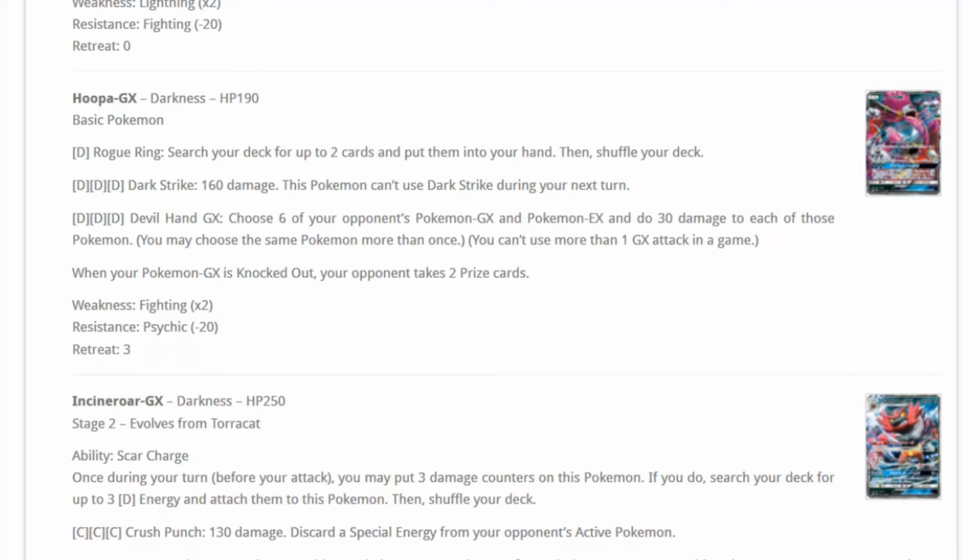So its GX attack for the same amount of energy is Devil Hand GX. You can choose 6 of your opponent's GX and EX Pokemon and do 30 damage to each of those Pokemon. 30 isn't a lot, but it can hit the whole board. We saw earlier, I can't remember who it was now, that a Pokemon can do 30 damage to the whole board for 3 energy, so it's basically the same thing, but it's a GX attack,